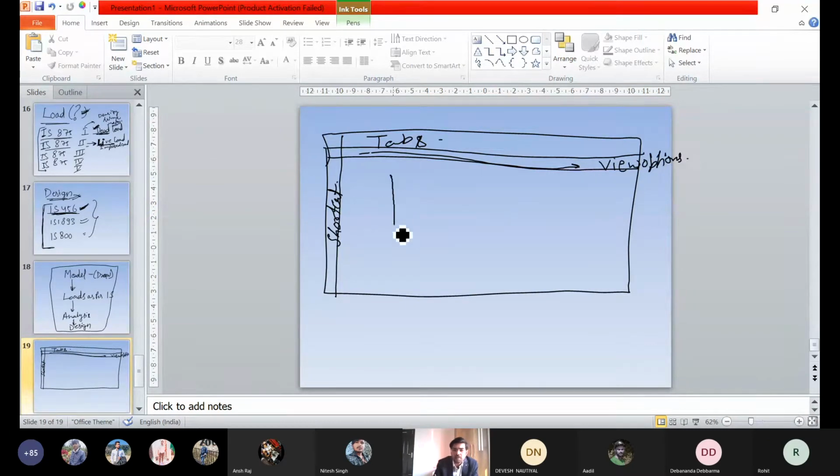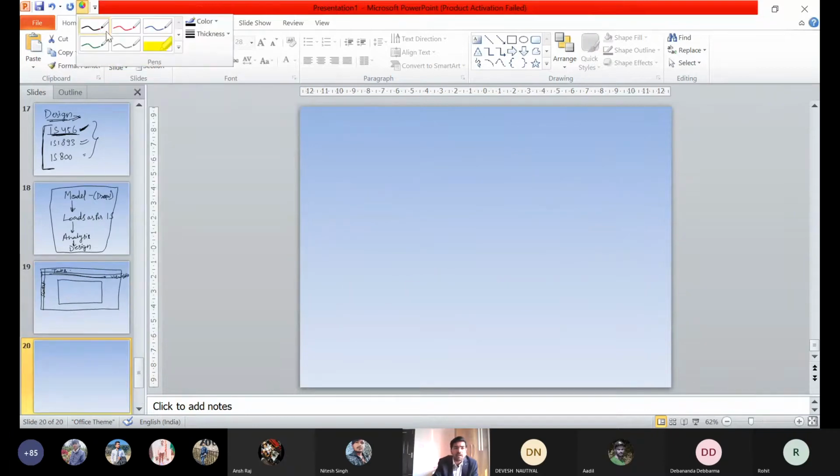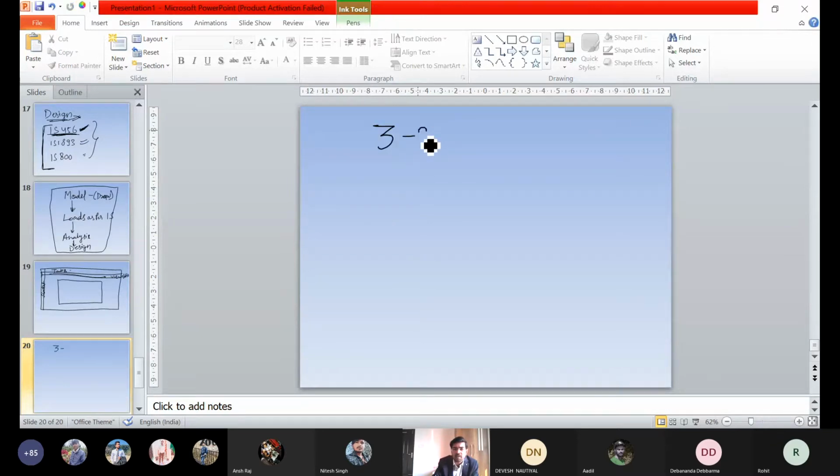Now, the window which we are seeing up front, what is it asking us? It is asking that we have a plan, we have a building. Imagine it is a three-storied building. I'm starting from a basic one. What would be the elevation of a three-storied building?